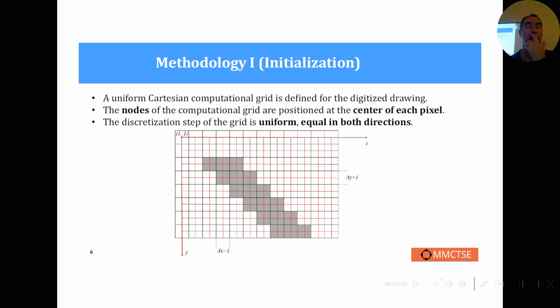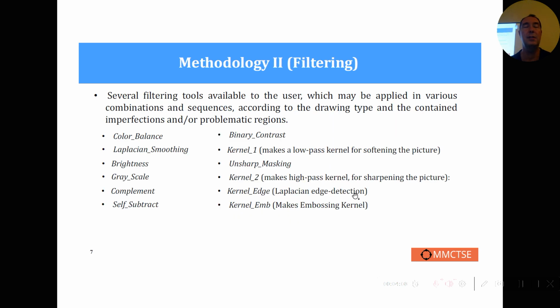To give you an idea, we fit on the scanned image, with its intensity, a computational grid, and each node of the computational grid is positioned at the center of each pixel. It is uniform, which makes life easier, and from this first initialization we can proceed easily to other things. Now we have found that it's necessary, because the quality of the images is not good, to start